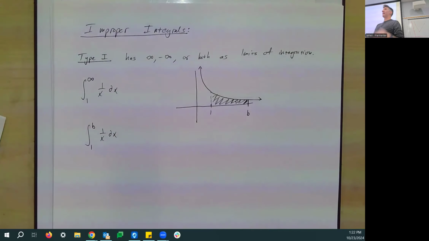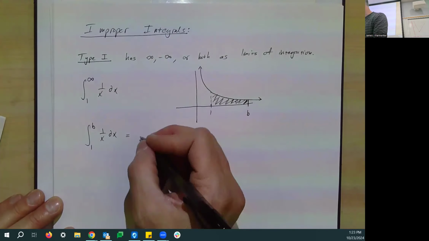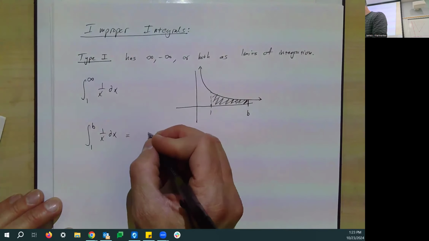You can use b or any letter you like. It's typical to use b for an upper limit, a for a lower limit. Some people like to use t or z, but a and b are pretty common for lower and upper. So we're going to evaluate it as, let's see, the antiderivative of 1